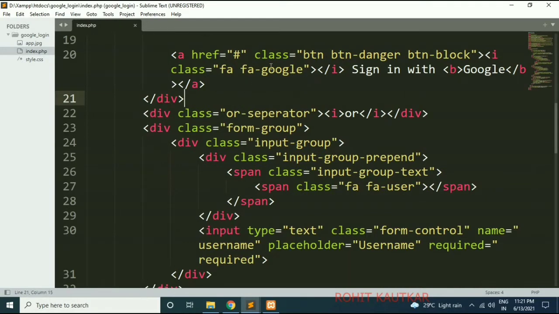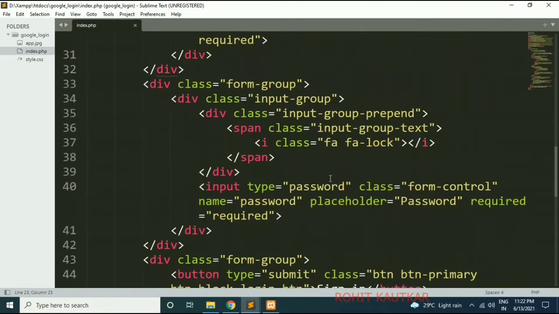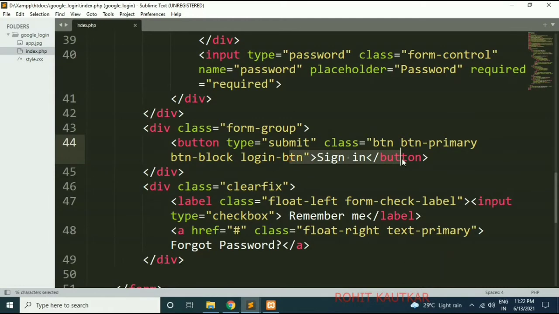At the top of this form, we have provided a sign in with Google button to the user. Whenever the user clicks on this button, he will be redirected to the Google sign in page, and over there he can enter his credentials and sign in. If the user doesn't want to sign in with Google, then he can create an account on this website and he will be able to use that username and password to sign in with this website. And at last we have a sign in button provided, with which he will be able to sign in.